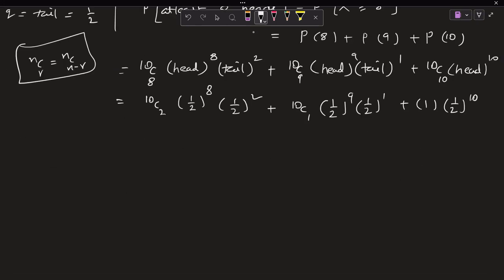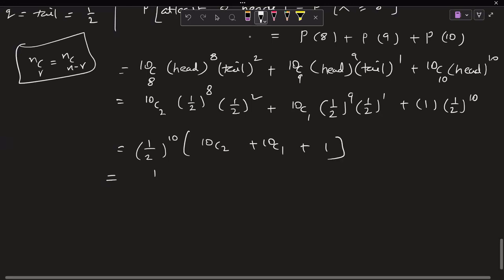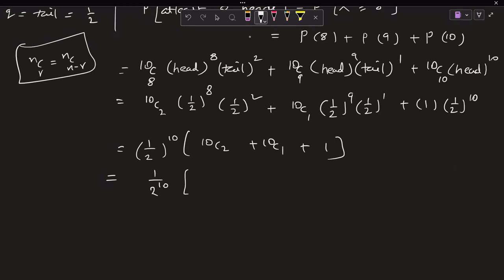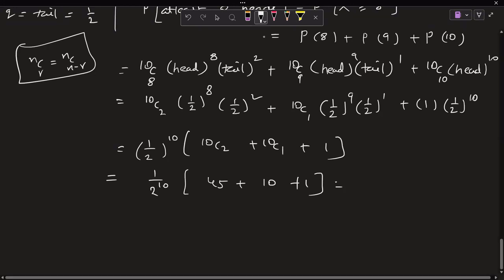So overall, if you observe, 1 by 2 power 10 is a common factor. So 10C2 plus 10C1 plus 1, so this is 1 by 2 power 10 times that. 10C2 is 10 into 9 by 2 factorial, which is 45, plus 10C1 is 10, plus 1. This is 56 out of